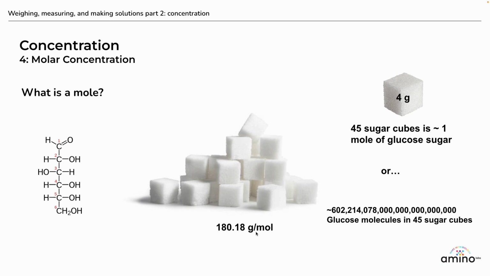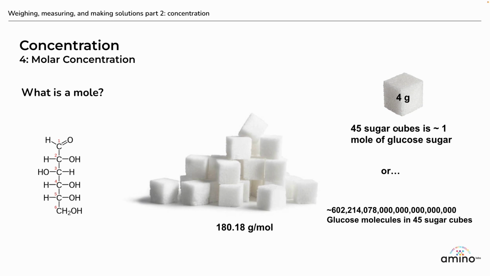Well, the answer is simple. It would be 180.18 grams per mole, right? So we could do another fun calculation. How many sugar cubes are in 180 grams of sugar? It turns out it's about 45 sugar cubes, right? Each sugar cube is about 4 grams. So if you're ever in the store and you see 45 sugar cubes, you know that's roughly about a mole